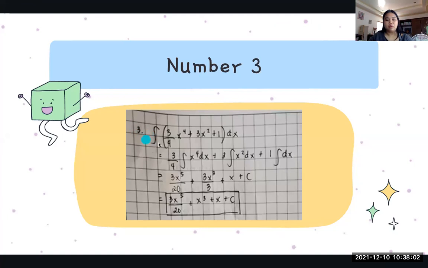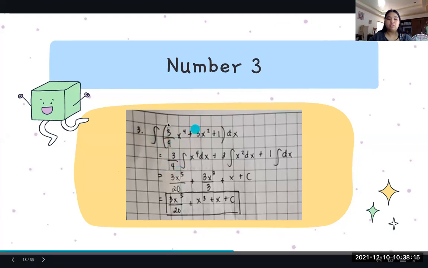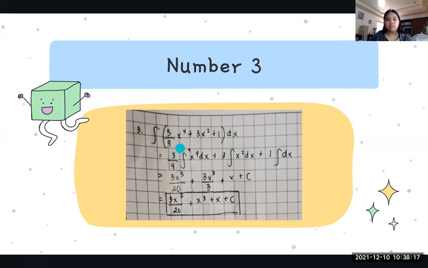So for number 3, we have the integral of 3 over 4 x to the 4th power plus x squared plus 1 dx. So again, our constant here is 3 over 4. So we will transfer that outside the integral sign. And then we will use theorem D to separate the 3 terms in here. So then using theorem B, which is about the exponent, we will have